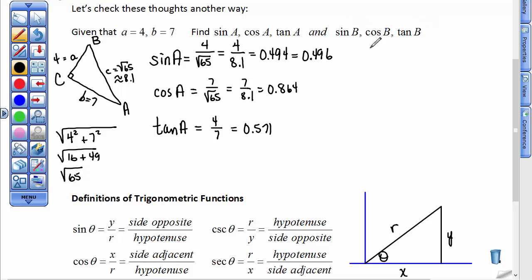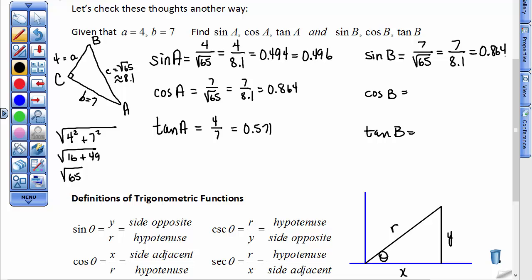Now, I want to come over here and write the definitions for the sine of angle B and the cosine of angle B and the tangent of angle B. So remember, sine of an angle is side opposite over the hypotenuse. So here's the angle, the side opposite over the hypotenuse: 7 over the square root of 65, or 7 over 8.1, or 0.864. The cosine of angle B is the side adjacent to it, the 4, over the hypotenuse, the square root